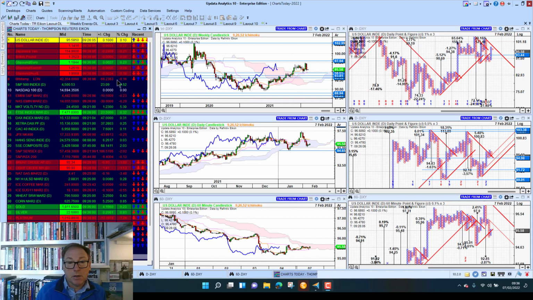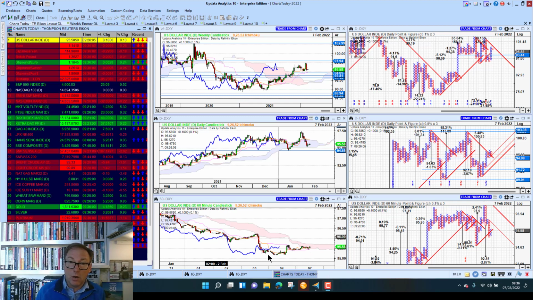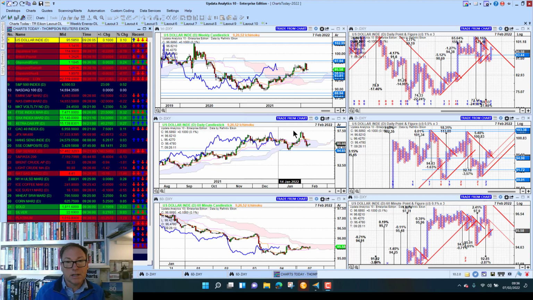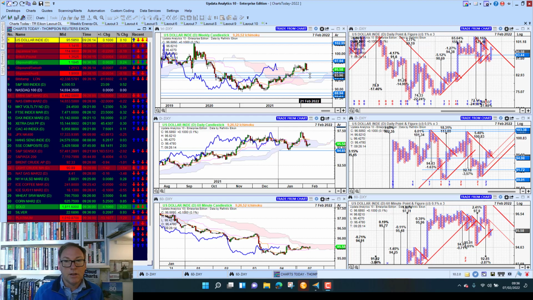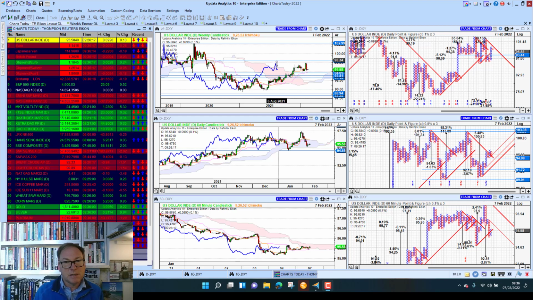Today's edition for Monday, the 7th of February, comes to you from London. And we start by looking at the dollar index, sinking lower all of last week. Really quite interesting, having broken higher that strong week, we just gave it all back up again the following week. But the fact is, we did break above the cloud.